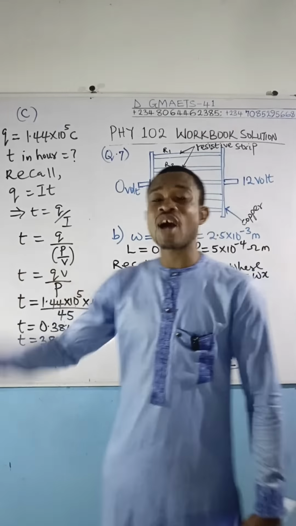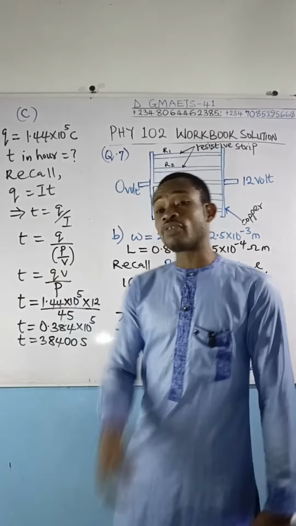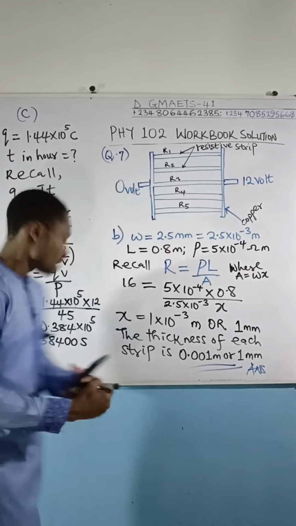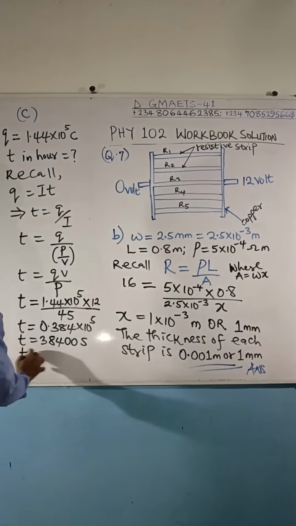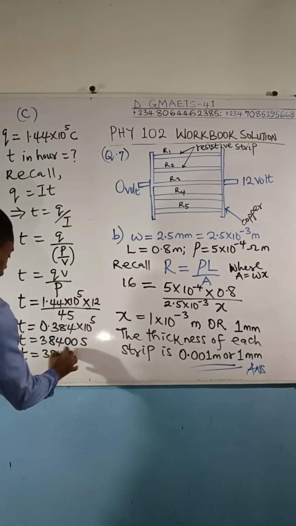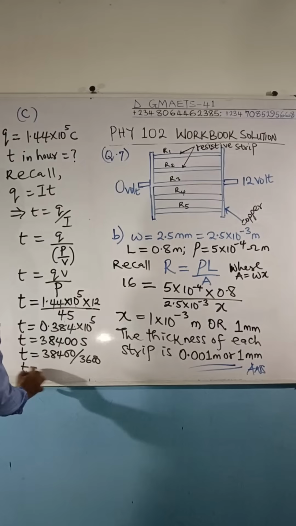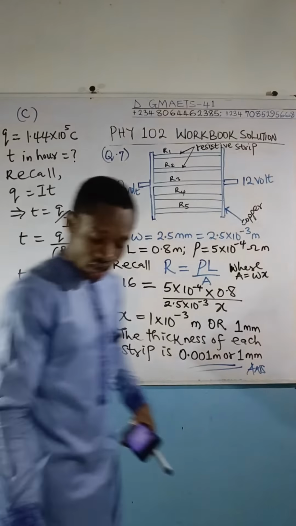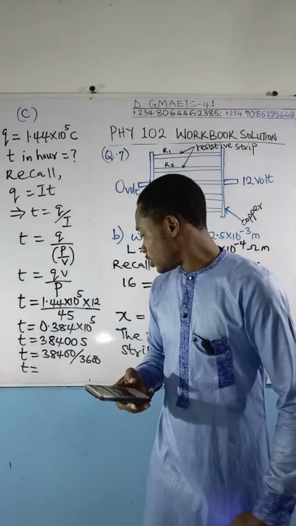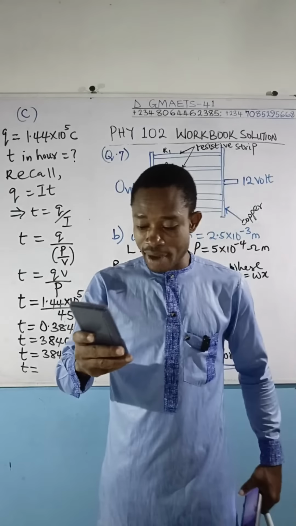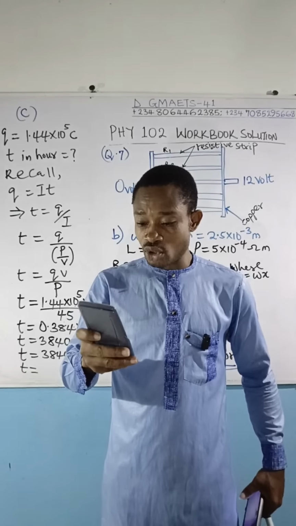38,400 seconds will now be how many hours? So what we have to do to change from seconds to hours, you divide this second value by 3,600 seconds. So this is equal to 38,400 divided by 3,600. So the time in hours will now be, let's reach out for a calculator, 38,400 divided by 3,600. And if you do that, this gave